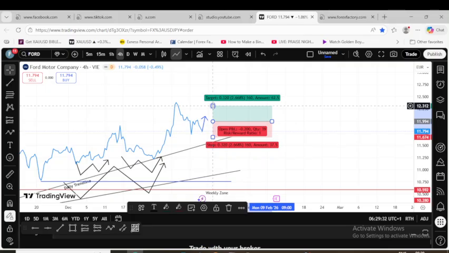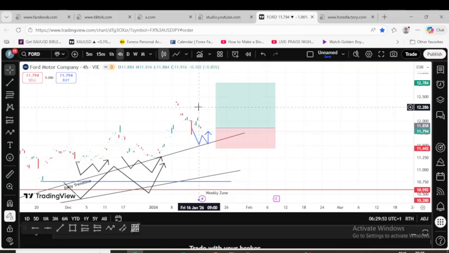So quite simple: once we spot a W pattern, we'll be in for a trade. So that's it for top to bottom analysis on the 4